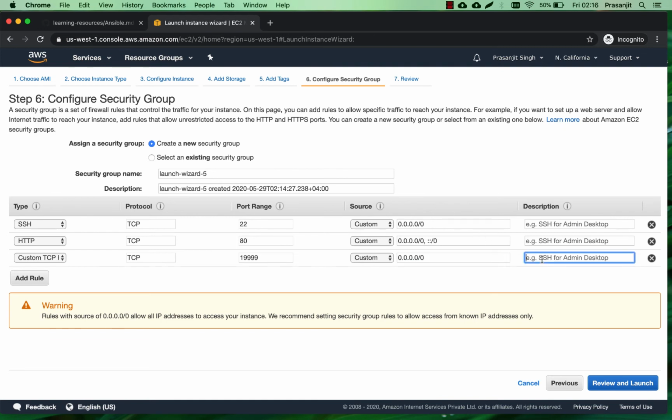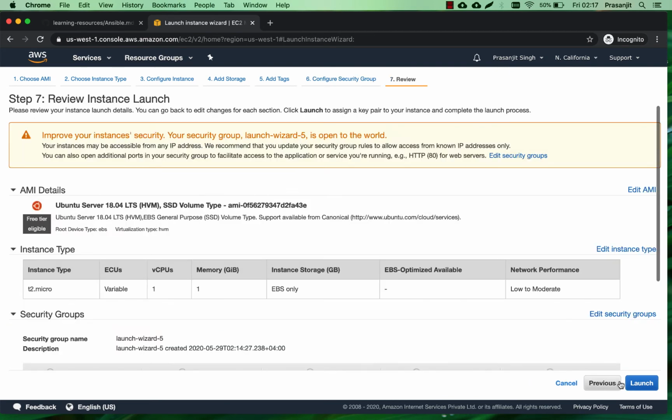And here you can name why you opened the port and for what service, just for your reference. Even if you do not write it, it would work, but it's good practice. This is the web server port, this is the NetData port, and this is the SSH port. So we just wrote the description. Now comes the